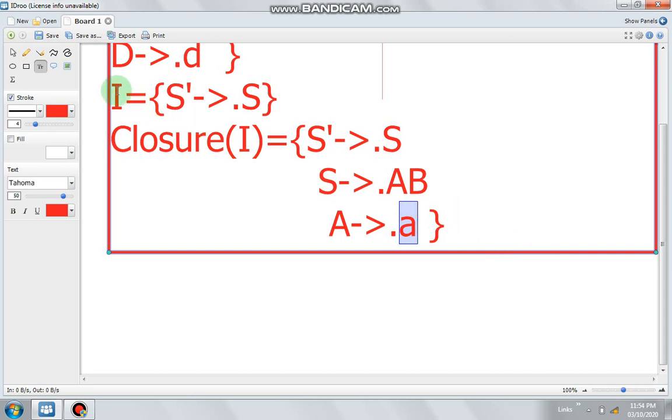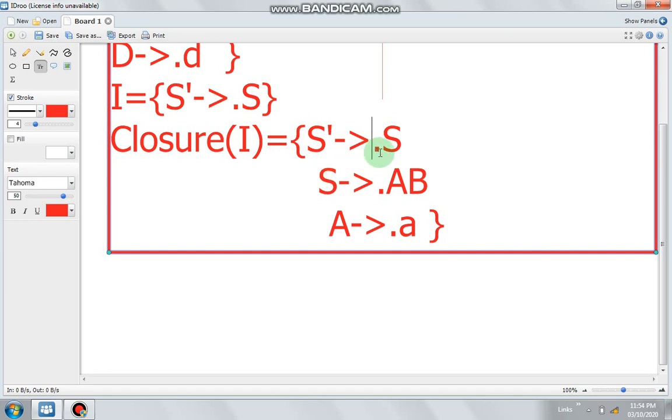So if I equals S dash derives dot S, then closure of I would be that LR0 item itself and all such items that have a dot just before a variable.